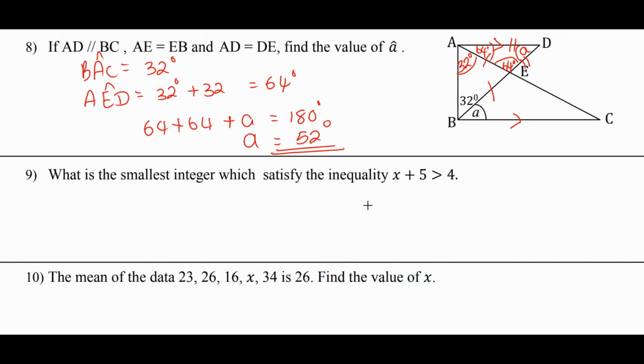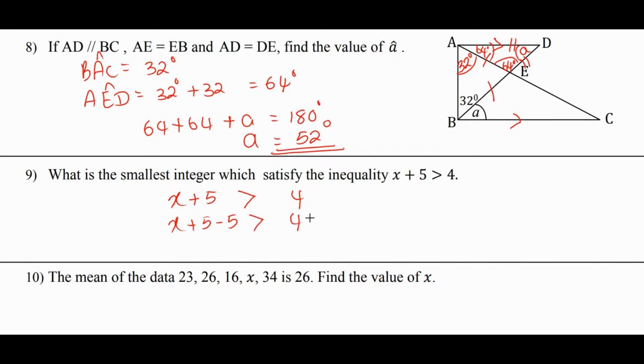Right. That's also finished. Let's jump into question number 9. What is the smallest integer which satisfies the inequality x plus 5 greater than 4? We have to solve this. X plus 5 is greater than 4 means I can get rid of this 5 by putting minus 5 here